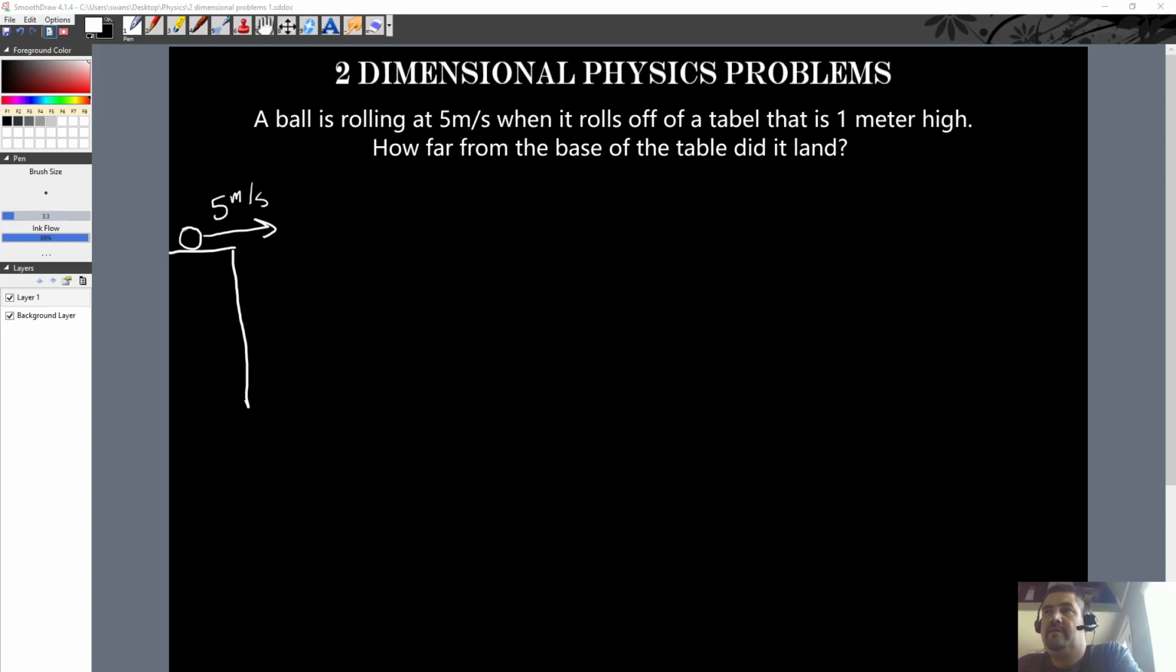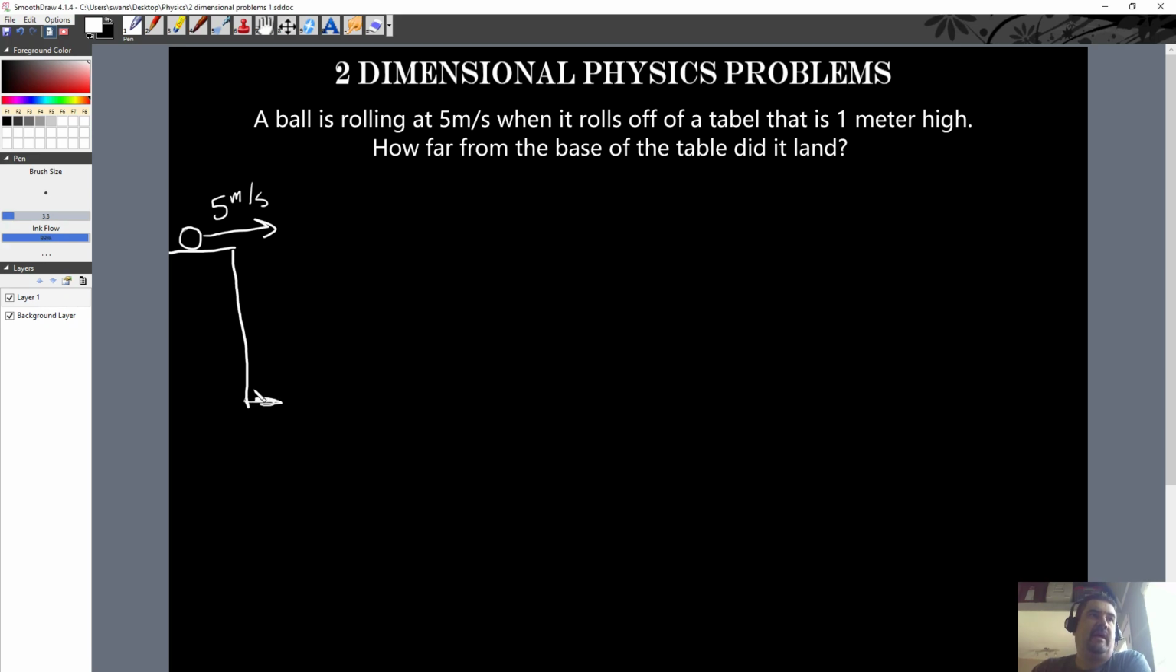Alright folks, this video might be a little bit long because I'm going to go through a whole problem on how to solve a two-dimensional problem. But first thing I need to do is show you the problem. A ball is rolling at 5 meters per second. When it rolls off a table that's 1 meter high, how far from the base, and here's the base of the table,